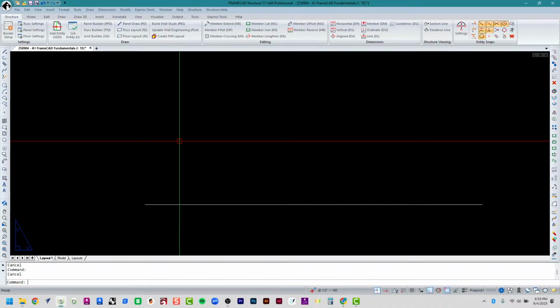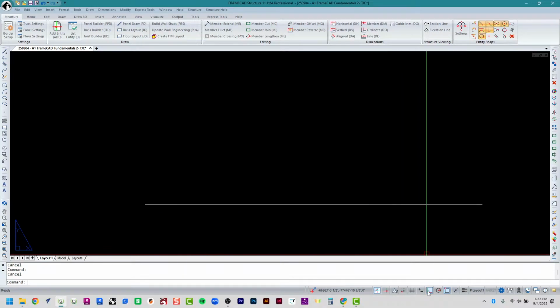Okay, so I drew a line. I drew a line without any accuracy, right? Besides having ortho on, right? You can see it's a super straight line, right? I'm not that good with my mouse. Ortho is constraining my movements. I can only make straight lines that go straight left or right or straight up and down. If I turn ortho off,